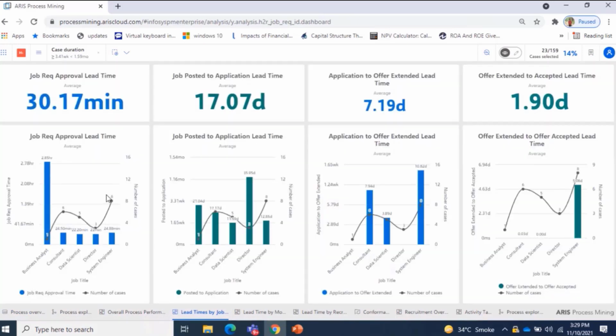So all in all, the dashboard has been created in such a way that the team can utilize these dashboards to understand or perform root cause analysis on why the lead time has increased and how we can reduce those lead times. Along with that, we can add more KPIs as and when required by the business user and the client as per their requirement to this dashboard. So that's it from my side. I think this is what we wanted to show you as part of this particular presentation or demo.